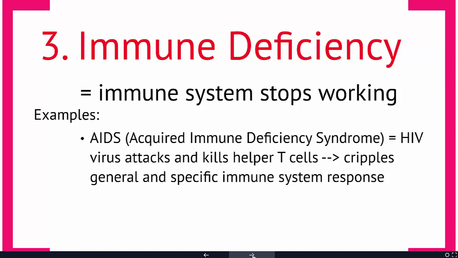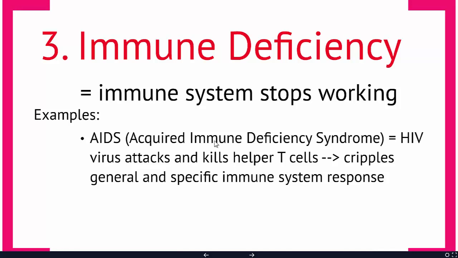When someone has full-blown AIDS, what that means is they've gone from just having HIV virus infection to a reduced number of helper T cells. A normal individual has maybe 800 to 1,000 helper T cells per milliliter. Someone with full-blown AIDS has less than 200 helper T cells, and when they're really at risk, when the T cell count is down below 20, at that point you're susceptible to die from a simple fungal infection or something like bronchitis, something that any of us could easily fight off, but our immune system is just simply not responding because there's no T cells telling it to respond.